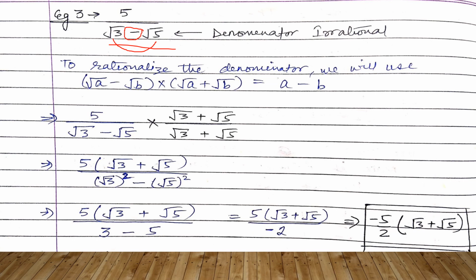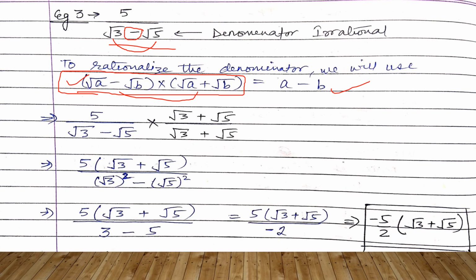I have written the formula like this also. You can write the formula like this also, but I prefer my earlier formula. Whether you write it like this or say it is a minus b multiplied with a plus b, that is the same thing. Not a difference. These formulas are given in NCERT, but I prefer to use earlier formulas instead of new formulas. It is your choice. If you want to use this, you can use it, no issue.